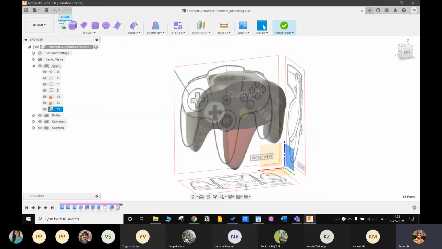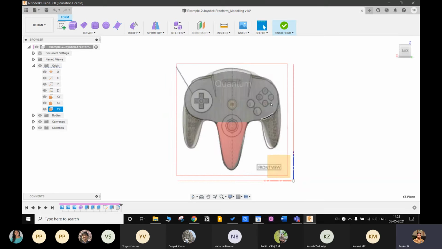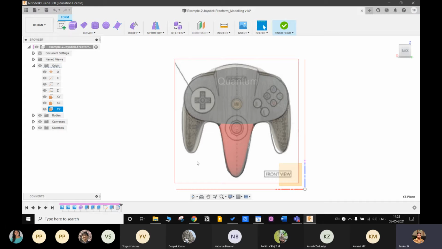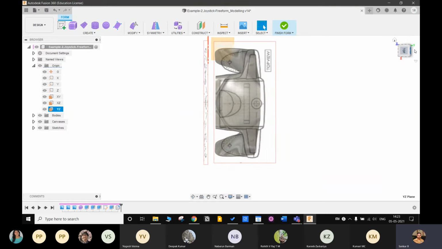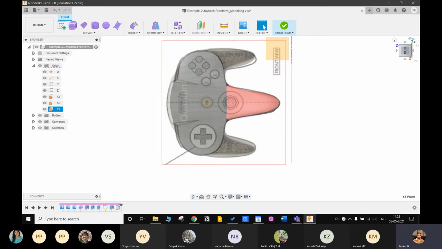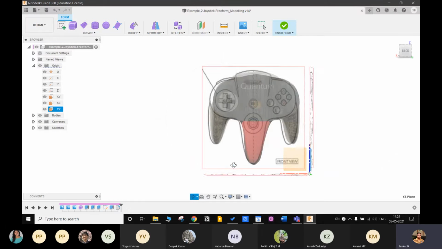At all times I kept my reference to be the sketch. The entire form is made such that it matches with the sketch. Each and every time you edit the form, you rotate the sketch in the front view, then the right side view, then the top view, to make sure that whatever you do aligns with the reference sketch that you have inserted. That's the thing that I've maintained.